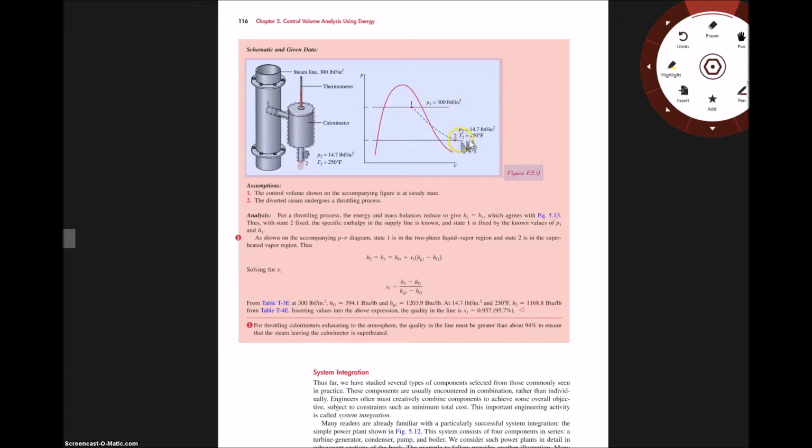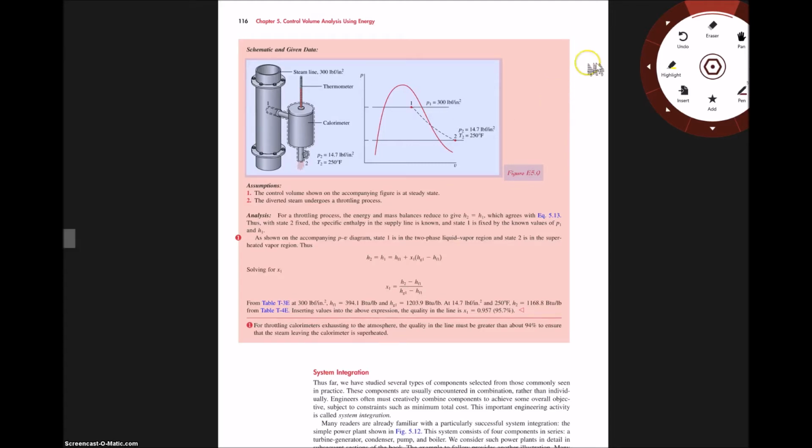Well, it's easy enough, because the process from 1 to 2 will be an isenthalpic process. So what does it mean? It means that the enthalpy here and here needs to be the same. We can calculate the enthalpy at point 2, so we can now find the enthalpy at point 1, and with the help of enthalpy and pressure we can determine the quality of our steam.